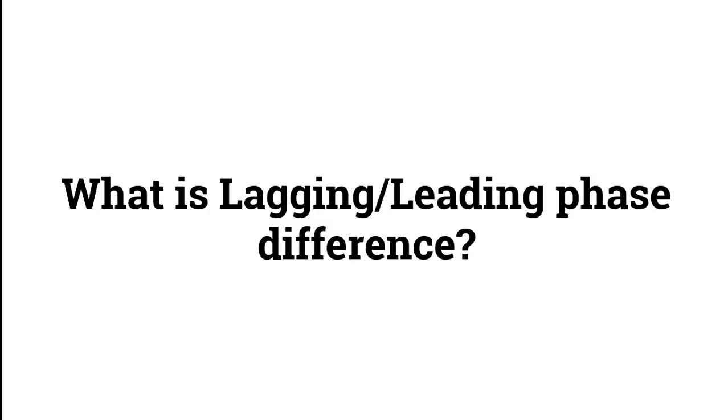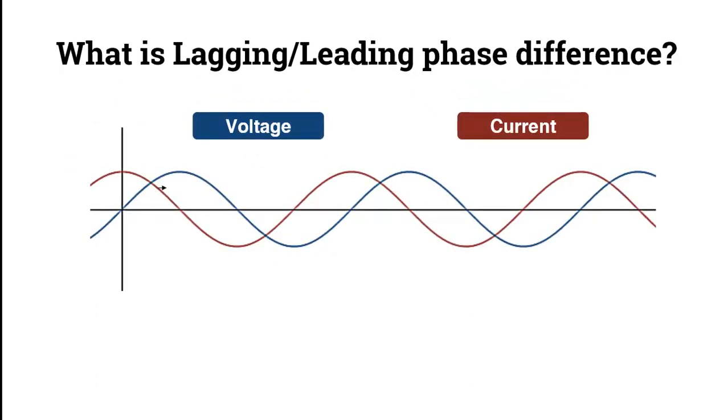Now the next question is, what is lagging or leading phase difference? We very commonly use this term that the current is leading the voltage or voltage is leading the current. So what is the meaning of that? We'll discuss this now. In this waveform, the blue one is the voltage waveform and the red one is the current waveform, and this black arrow that we have shown is to signify that if you look here at the red current waveform,